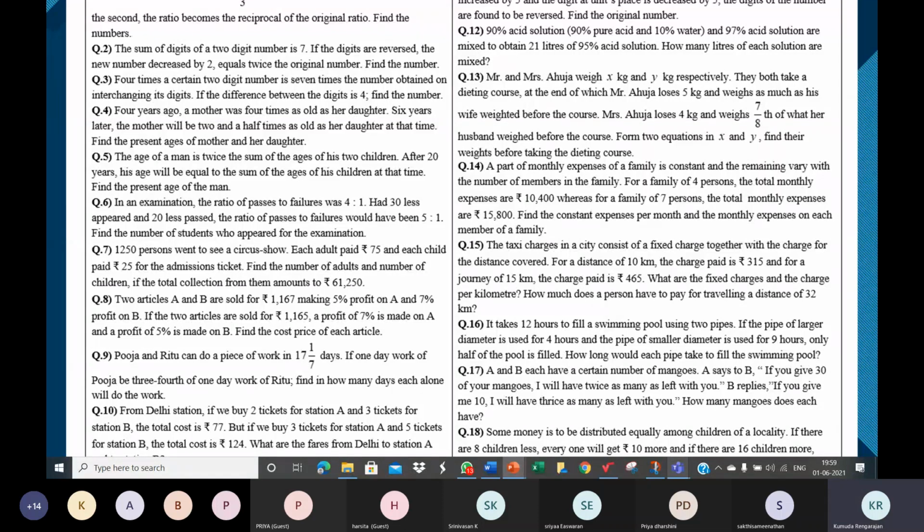So I think you've assumed the CP of one article as X, 2 articles A and B. Okay, so CP of article A is X and CP of article B is Y. Now answer this, children. What is the profit made on article A? The profit percentage is 5%. What is the profit in terms of rupees?